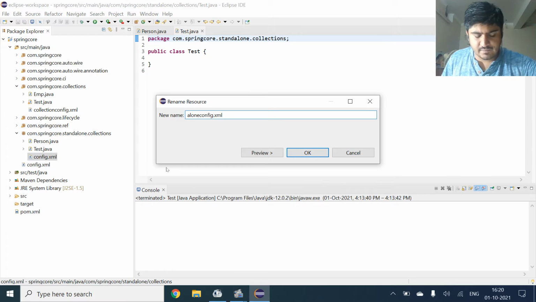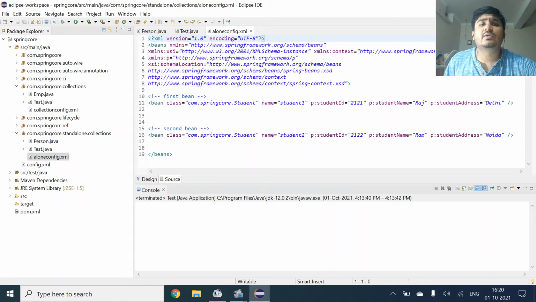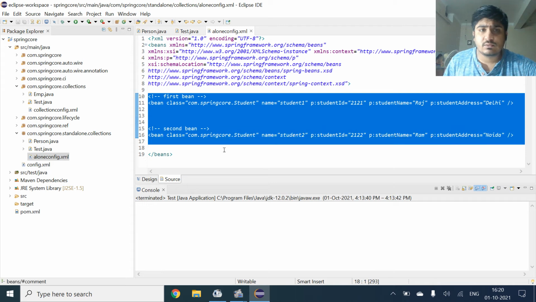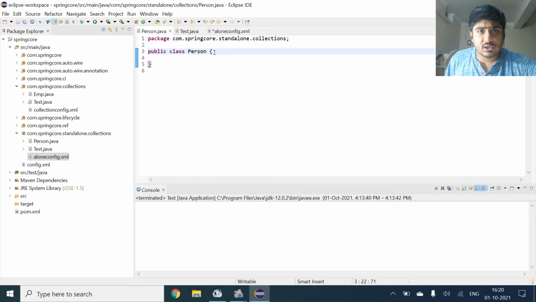I will give this file the name aloneconfig.xml. When we open this file, we already have this bean, so we will just clear this bean and move forward. Now we will come to the Person class and declare a list.